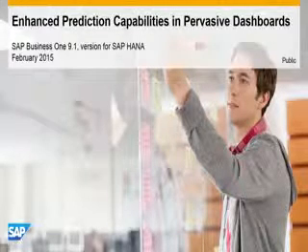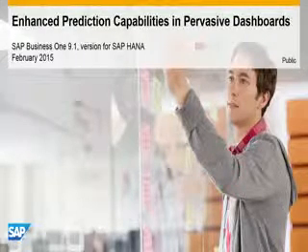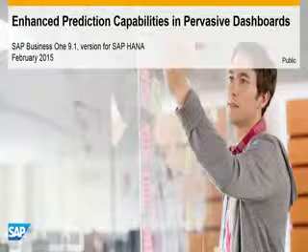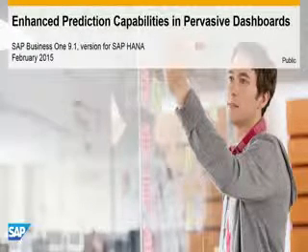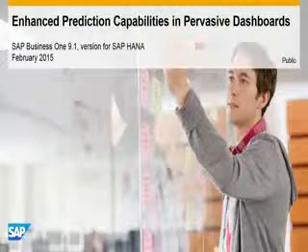Welcome to this session on enhanced capabilities in pervasive dashboards. In the coming minutes, you will learn how Pervasive Analytics in SAP Business One can help you to make better